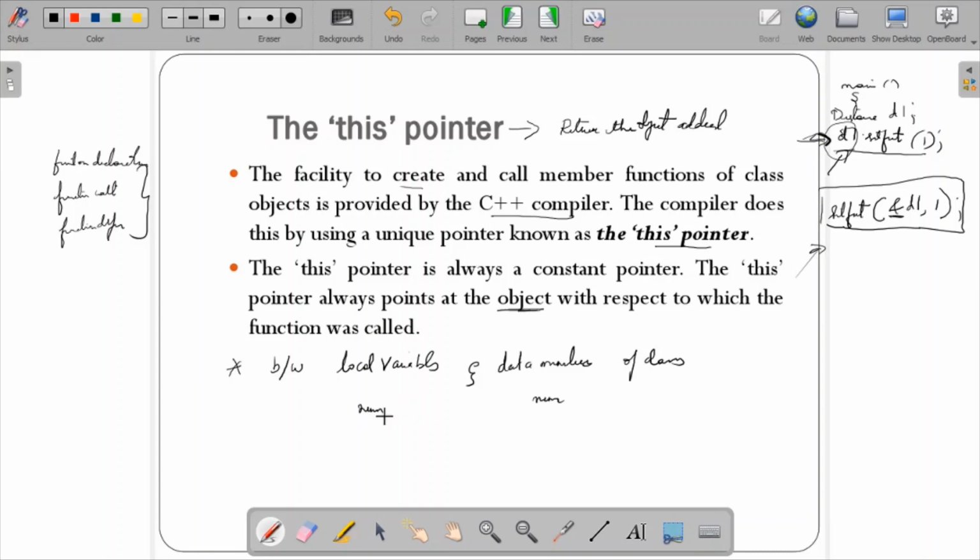How will you differentiate between this num and your data member num? At this moment you differentiate by using the this pointer, which always points to your data member, not the local variable. This is one more point to consider: to identify the data member, we use the this pointer.